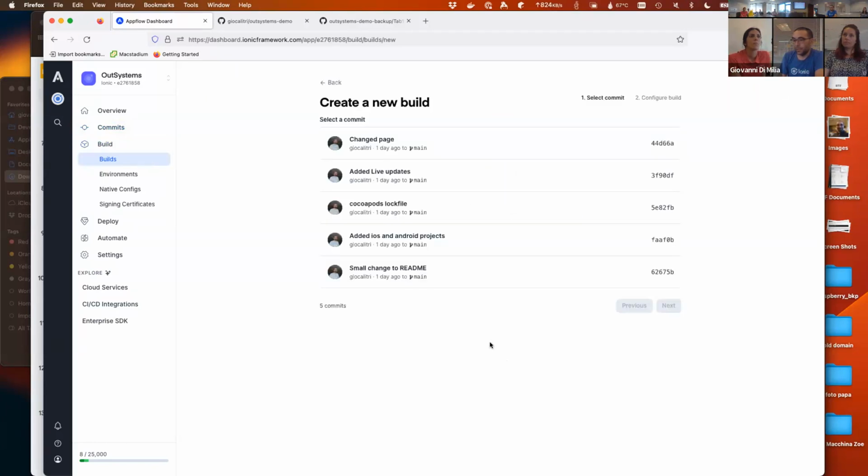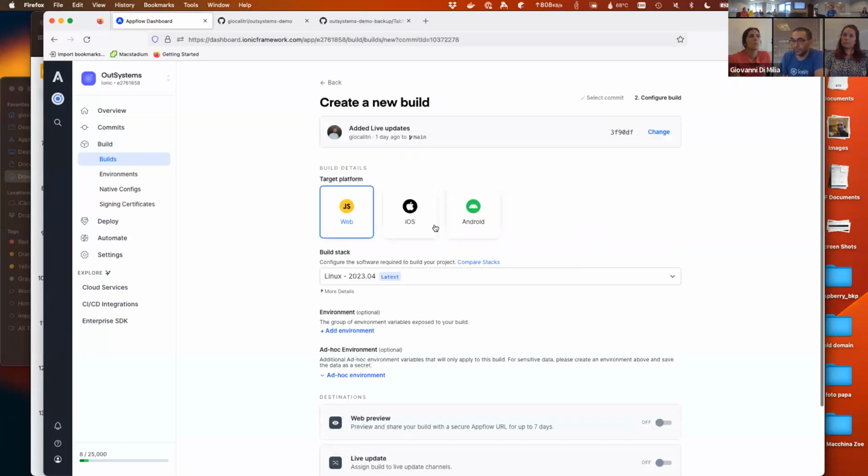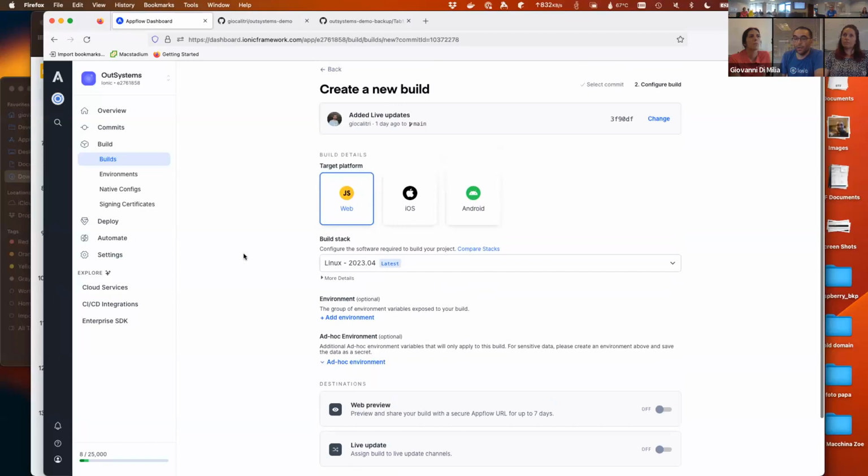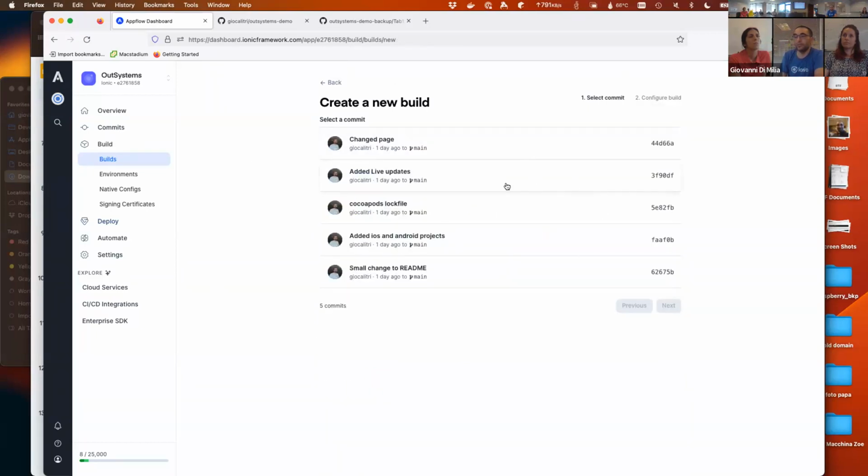But let's go ahead and build the first app. Let's say I'll build this one. When you want to build an app, first you select which commit, so basically the point in time you want to build the app from.